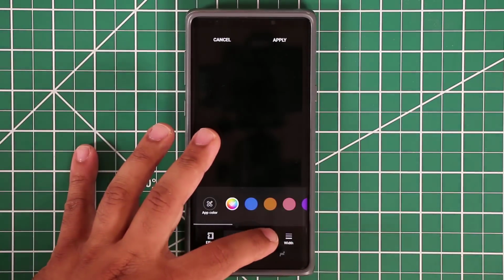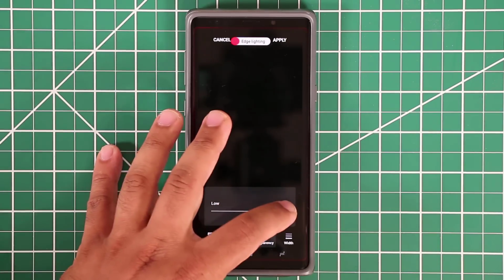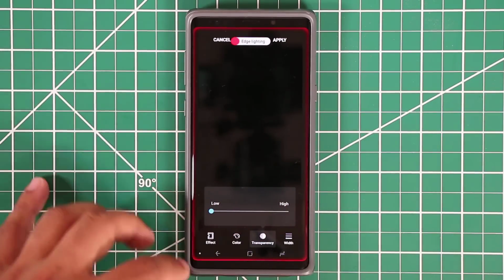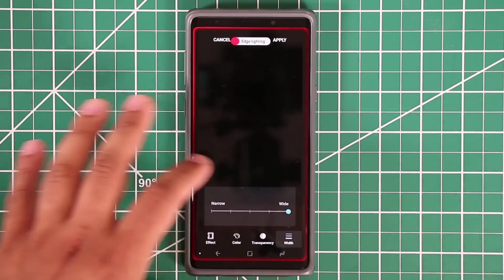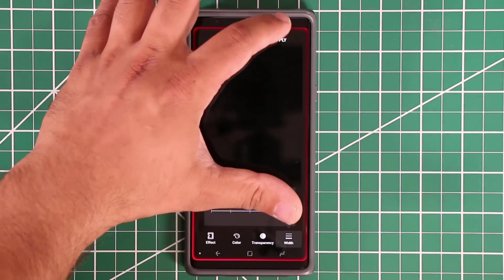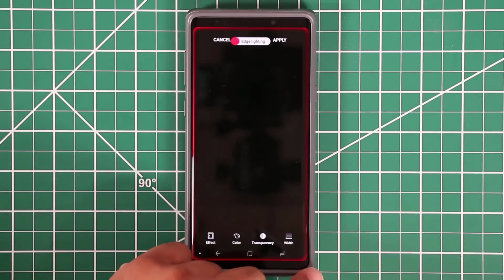And let's also change the transparency of the effect. So you want the high or low. High means you barely see it. Low means you see the whole thing. And of course you can change the size of it. So I can do it wide. Okay. Now if I click apply and I go back in here, you can see that it's a wide glow